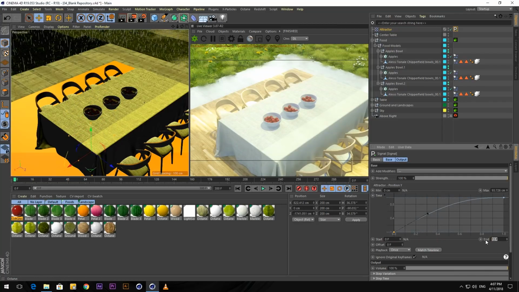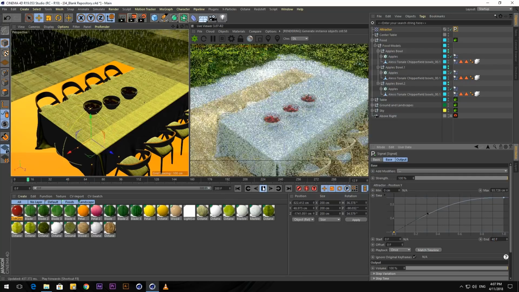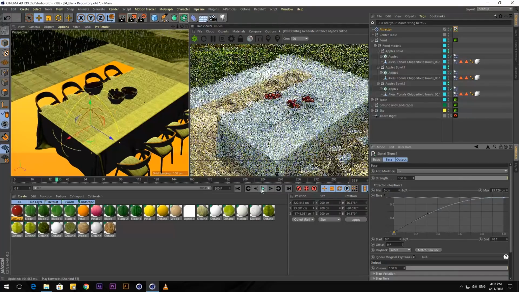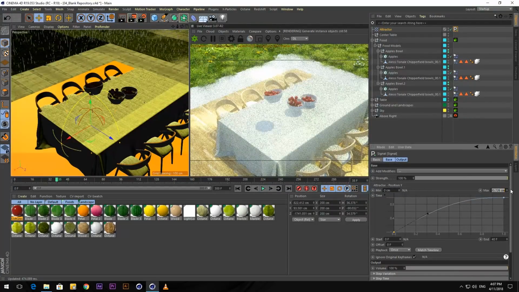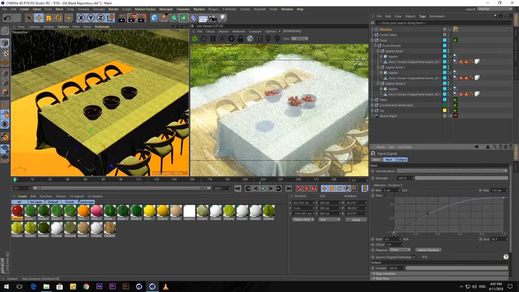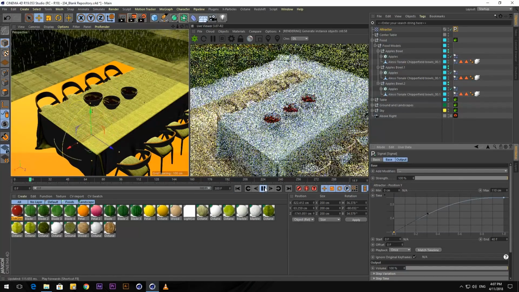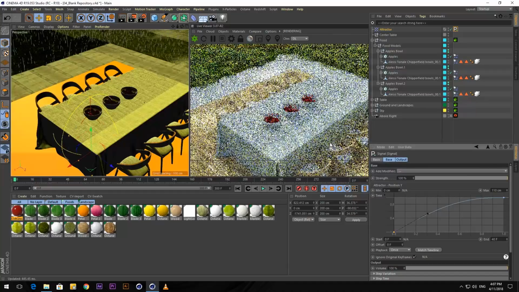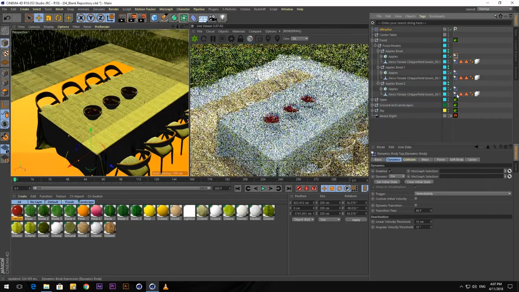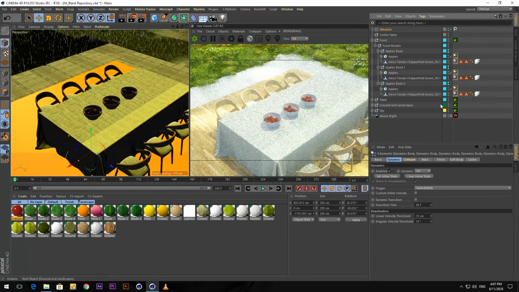And I can lower the frame amount a little bit. So now we get our kind of push up, right? And I can actually have that move a little bit further. But it's still affecting all the bowls. So it's pretty straightforward on how we can isolate it to what we're looking for. I'll select all our dynamics tags of all our different food, all our different